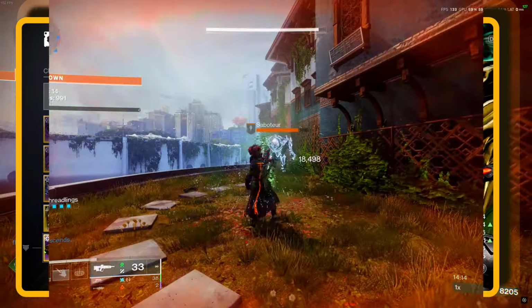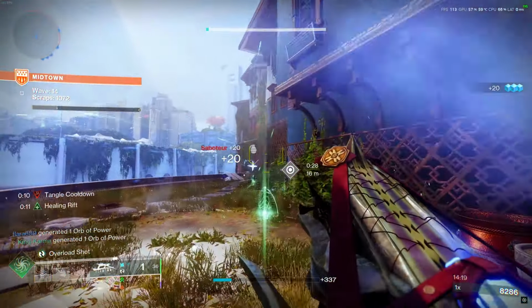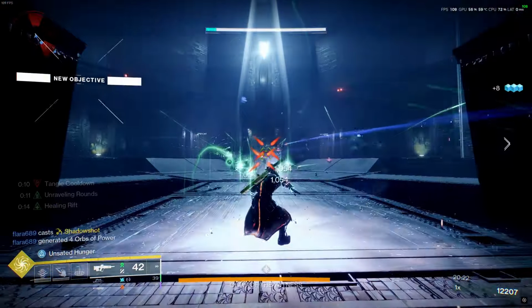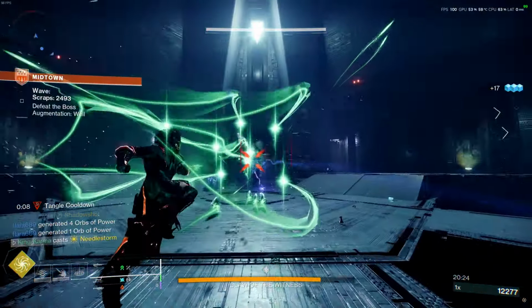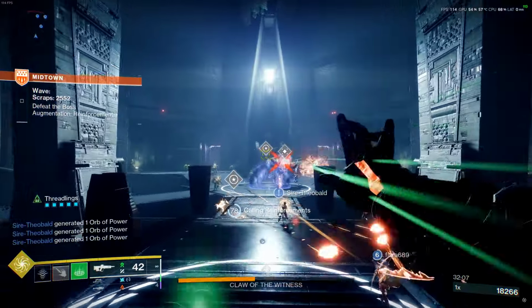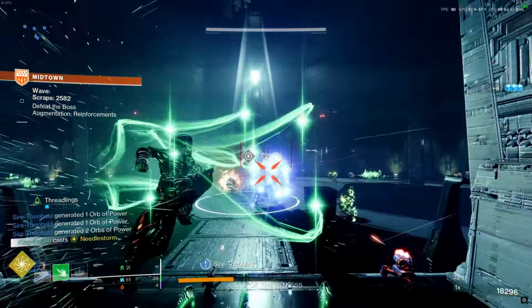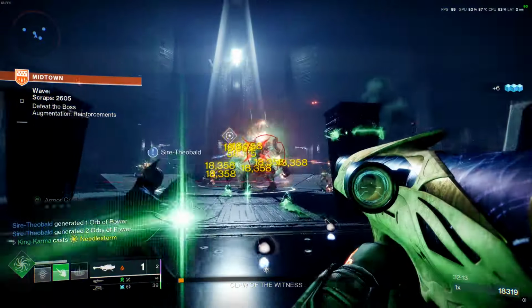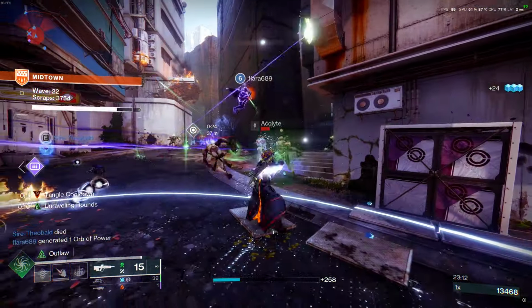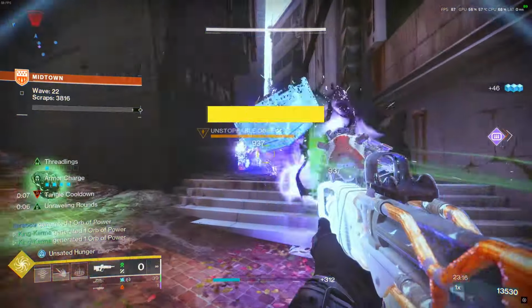This build transforms your Strand Warlock into a Threadling-generating powerhouse, capable of overwhelming enemies with explosive swarms while maintaining high survivability and ability uptime. By combining the Swarmer's exotic with Hatchling weapons, Threadling grenades, and a carefully selected mod setup, you create a feedback loop that keeps your abilities ready and your enemies unraveling. If you're ready to become the ultimate Threadling commander, give this build a try and watch enemies fall before your